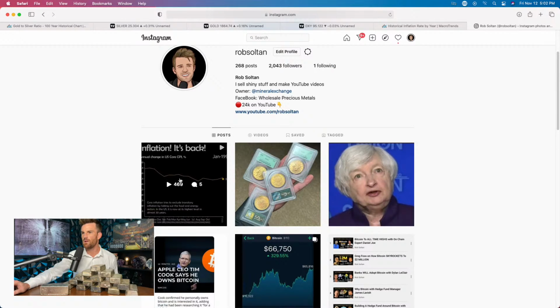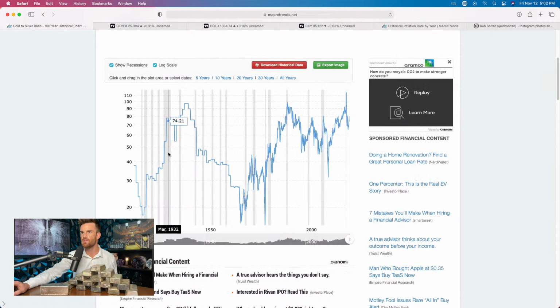I had posted something on inflation on the Instagram if you want to check that out. But first I wanted to go over the silver-gold ratio. So the silver-gold ratio right now is sitting at just about the 73 to 75 range. That means it takes 73 to 75 ounces of silver per ounce of gold, which is just way out of proportion, especially because we're seeing gold going up right now. Silver should be getting back towards all-time highs like gold is getting to all-time highs.